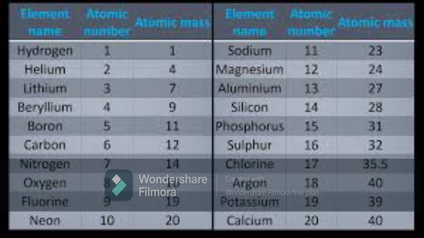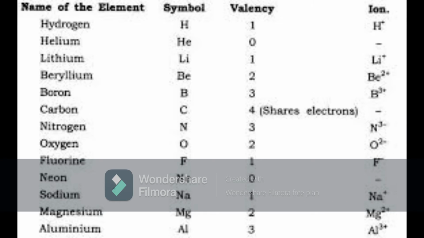The symbol of hydrogen is H. Atomic number is 1. Number of protons 1. That is, the number of protons and the number of electrons is equal to its atomic number. Number of neutrons for hydrogen is 0. You can see the electronic configuration accordingly: K shell, L shell, M shell and N shell. The last line, valency, represents how many bonds it can form.